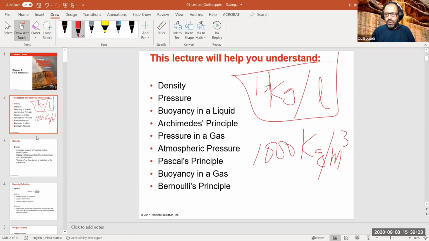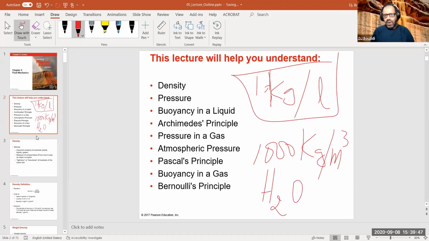I know some of you probably prefer other numbers like your birthday or the birthday of somebody you love, or your social security number. Stick this number next to them. Put this number there, 1,000 kilogram per cubic meter. So from now on, if we ask about the density of water, this is water, not anything else.